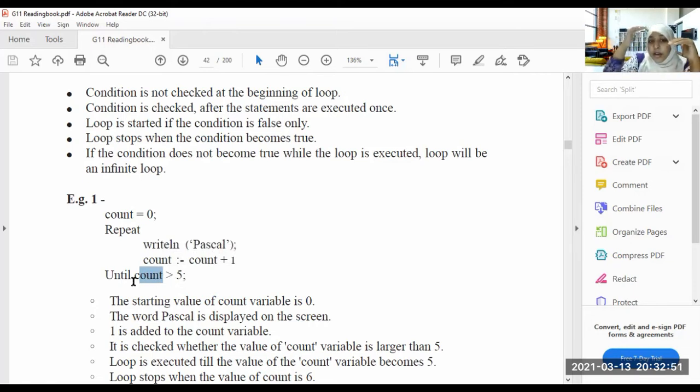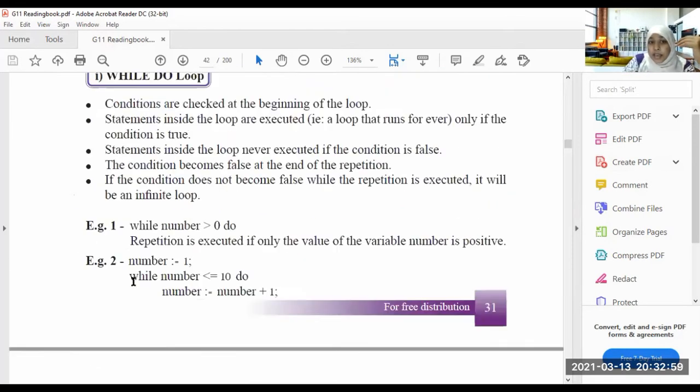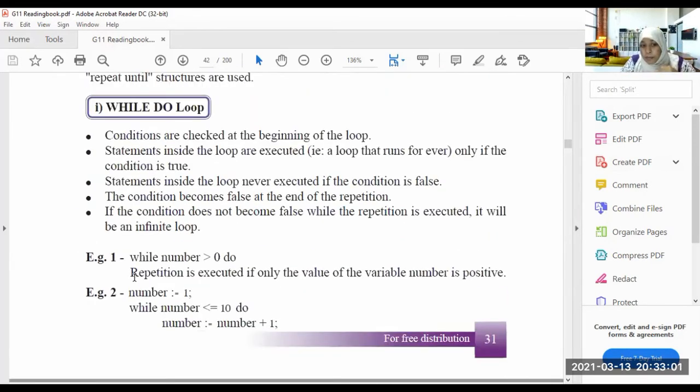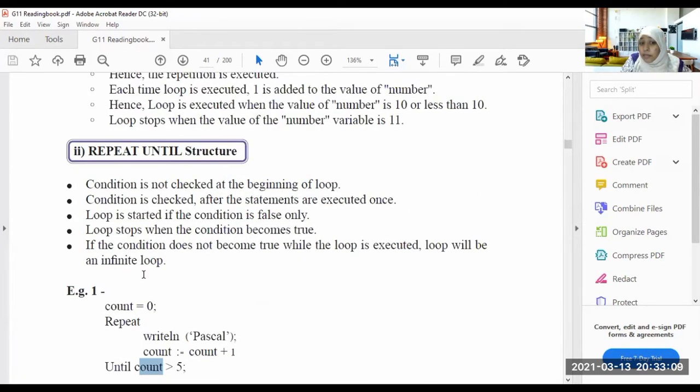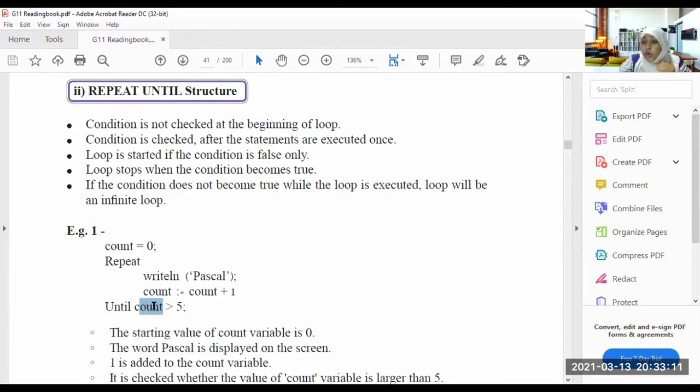In the end, I am telling the structure. I am telling the statement at the end of the program. At the beginning of the program, when it is executed, I am telling it to check the loop, then do it. Here I am telling it to check the loop at the end of the program. You do it, then check the loop at the end of the program.